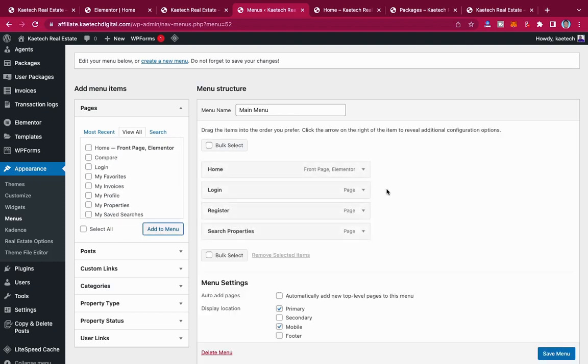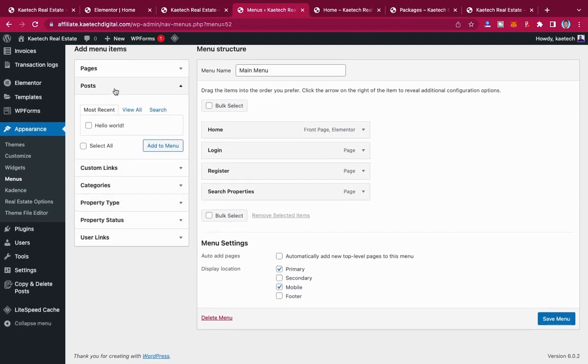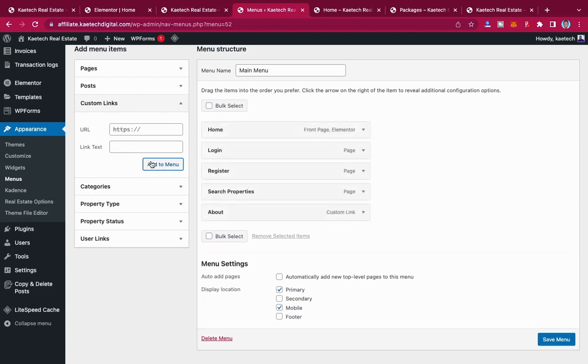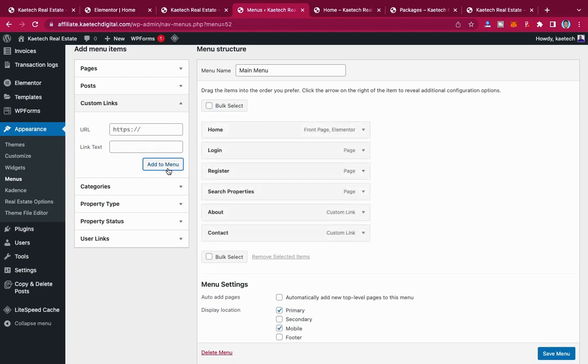I'm going to click add over here, and then I will also add a few things. I'll go to custom links over here, and then add an about page. Now the about page, I'm not going to create it. I know that you guys can create it, so I'll just use a custom link for it. I'll use the about and then the contact. I don't want us to waste time on this particular website. So you can go ahead and create your own about page and contact,